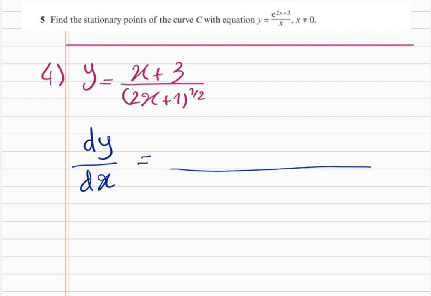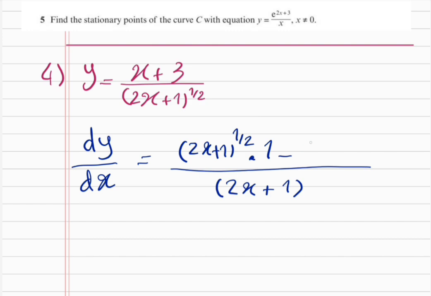As I have done this multiple times in the previous videos, you first square the denominator function. In this case, if you square the denominator function, it's just going to be 2x + 1. Then you write the denominator function times the derivative of the numerator function. So the numerator function is x + 3 and it differentiates to 1. Very simple. And then this minus,